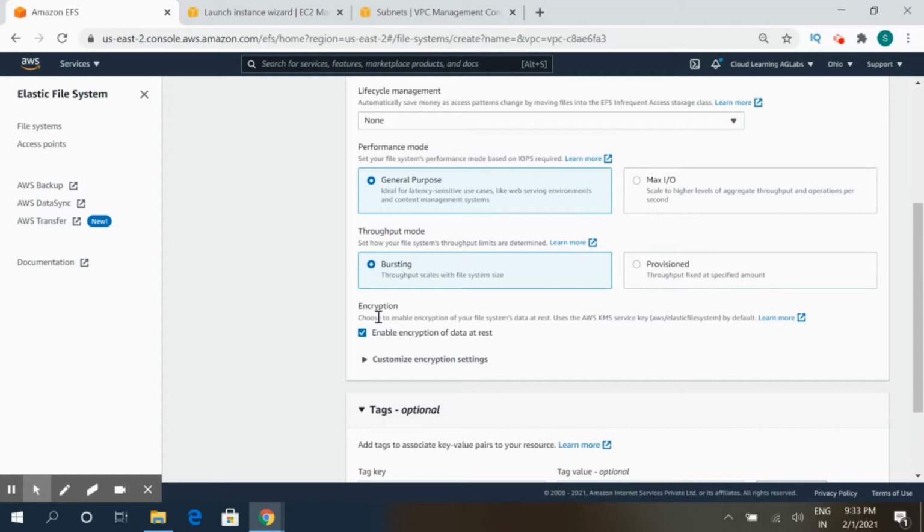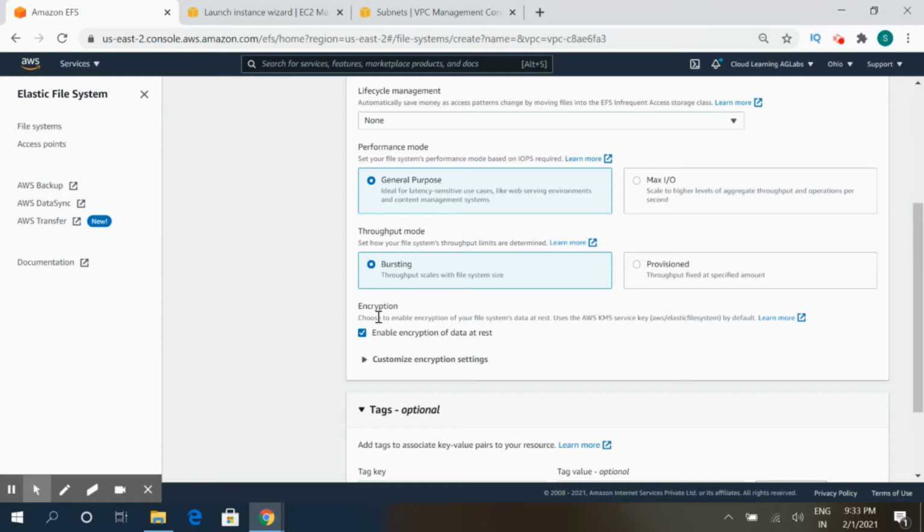Then, encryption at rest: whether your data should be encrypted or not. That is a security feature provided on AWS, so that whatever data is residing on that EFS will be encrypted, because sometimes you are giving the EFS to a server which is accessible over the internet. Suppose there is a web server where you have to mount the file systems.